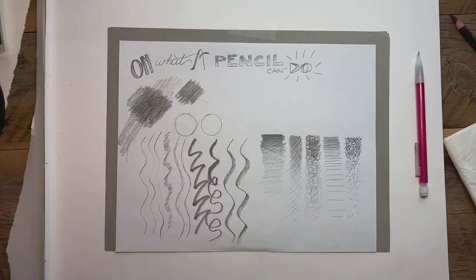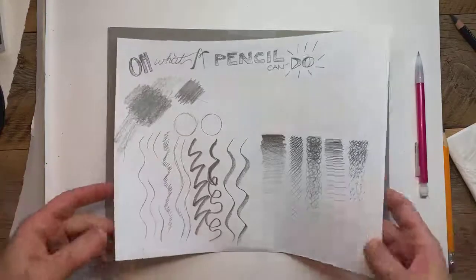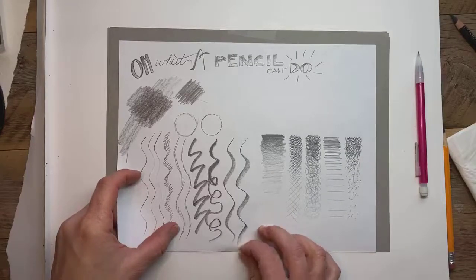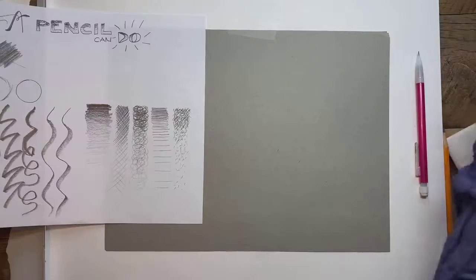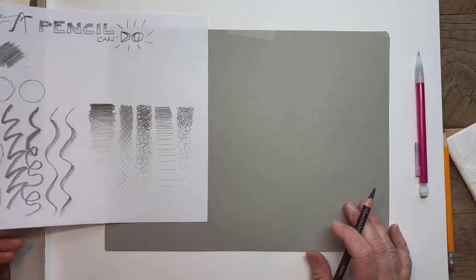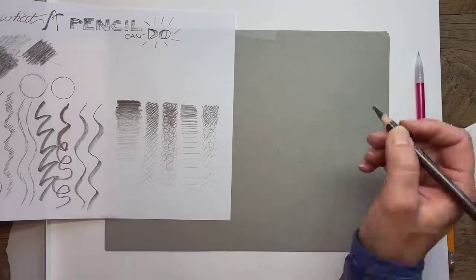So those are some fun tricks that you can try with pencil, and how to shade, how to get gradation and value and line width. Now, another option is to be able to do this on a toned paper. And there are charcoal pencils, there's oil pastel pencils, there's all different kinds of pencils. But on a toned paper, you get another effect where you get to not only have the values, but let's say we're drawing,